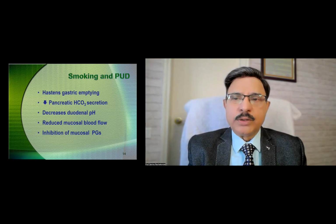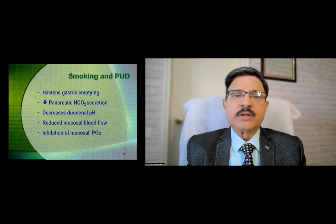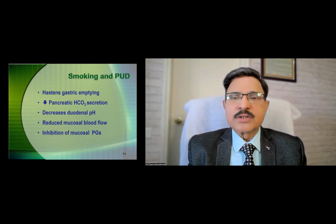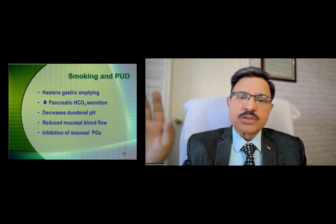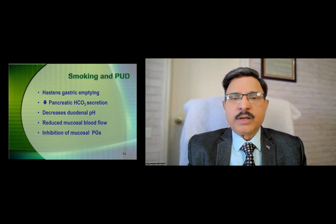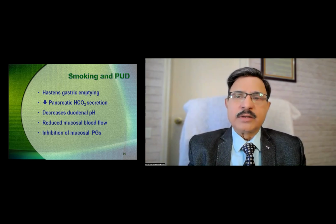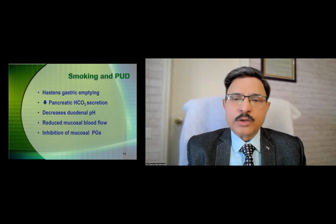Smoking and PUD, peptic ulcer disease, have a very strong association. How does smoking cause peptic ulcer disease? Hastens gastric emptying, so much so the acid contents are propelled faster into the lower part of the GI tract, that is the duodenum, and beyond. Decrease in the pancreatic bicarbonate secretion. The acid is normally neutralized with the bicarbonate by the pancreas, but unfortunately, smoking reduces the bicarbonate, the alkali secretion,